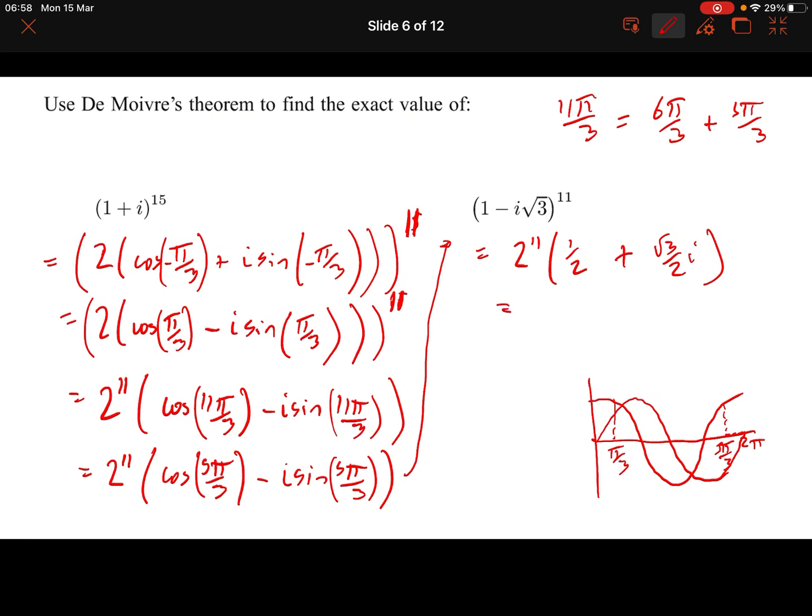Now, what we can do is start to cancel things off. So hopefully you can see that's going to become 2 to the power of 10 plus 2 to the power of 10 root 3 i. 2 to the power of 10 is 1024. So it's 1024 plus 1024 root 3 i in Cartesian form. Okay, let me know